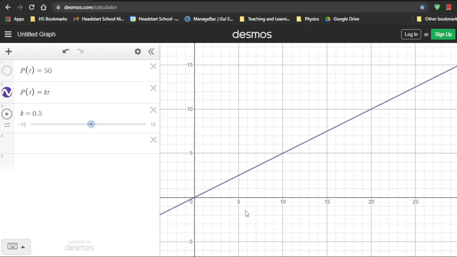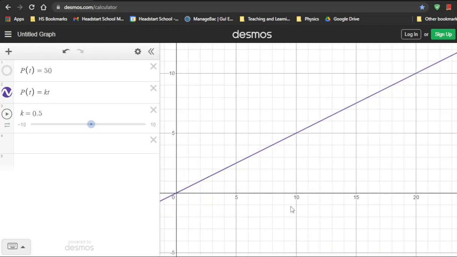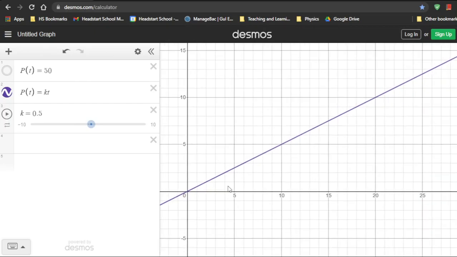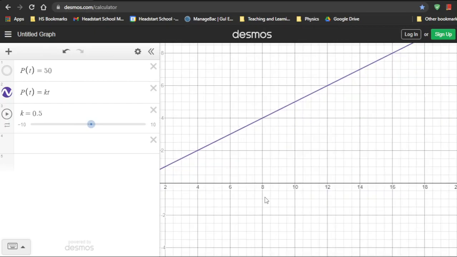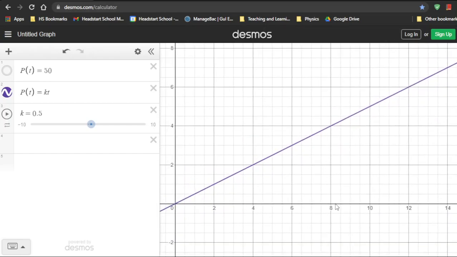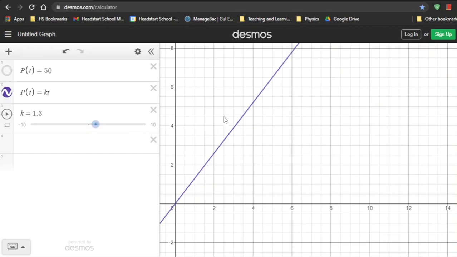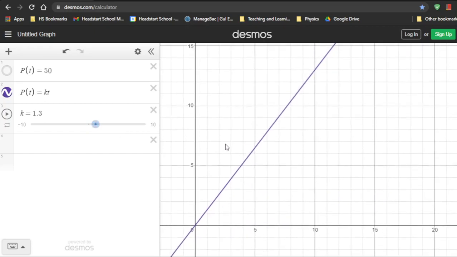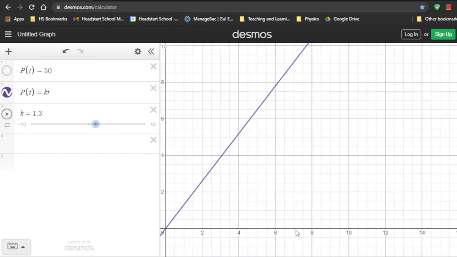We want this car to cover 40 meters for every 8 seconds. This should be 8 seconds, right? And right now this graph says that in 8 seconds this behavior, this body, whatever it is, has covered 4 meters. Well, if we raise this, you see that if we keep raising it,